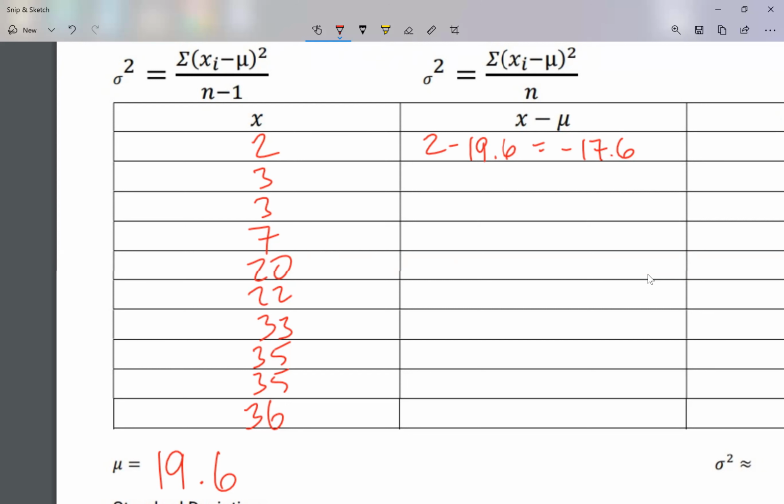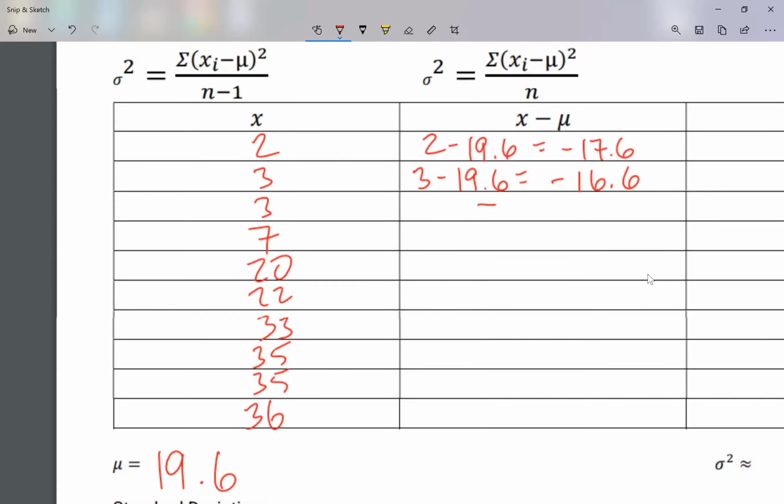Okay, how about the next number? 3 minus 19.6. I happen to get negative 16.6. So some numbers are going to be negative because they're less than the average. Some of my answers here are going to be positive because the number is more than my average. So I end up finding the distance between each number and my average happens to be negative 16.6,